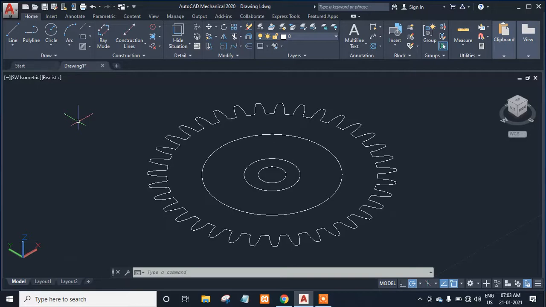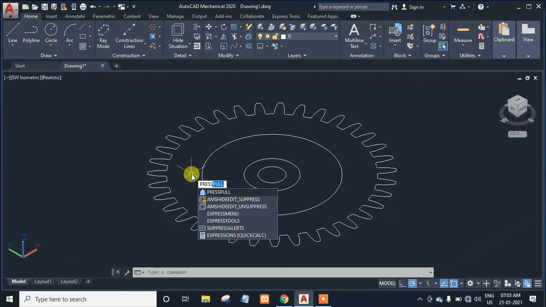Okay, press pull command, PRESS PULL. Okay, press pull command, hit enter